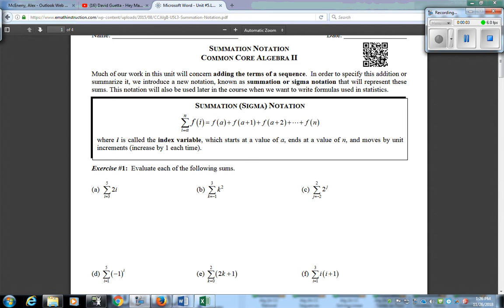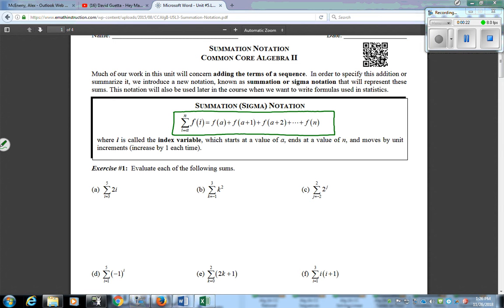We're going to be talking about summation notation. And the idea behind summation notation is you may have sets of numbers. They'll start at a certain value and end at a certain value. And the idea with a sum is you're going to be adding the answers for each of those. So you can kind of see this